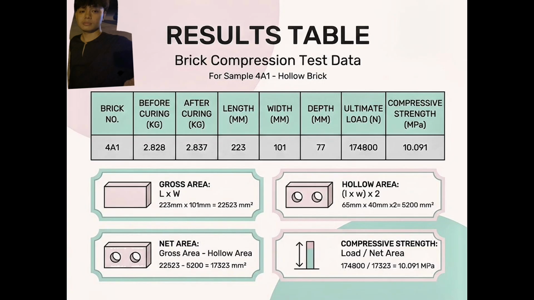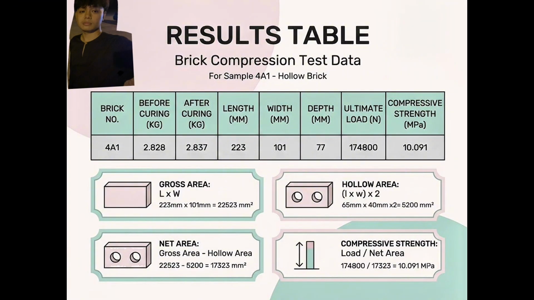For the hollow area we need to multiply length times width times 2 because there are 2 hollows in our bricks, which is 65 mm times 40 mm times 2, and we will get 5,200 mm square. Next is the net area. To find the net area, we need the gross area minus the hollow area, which is 22,523 minus 5,200, and we will get